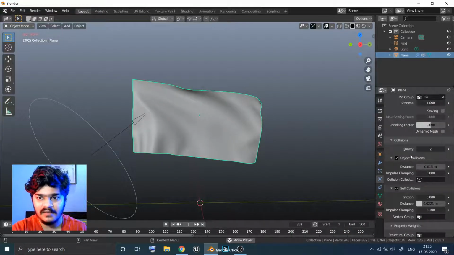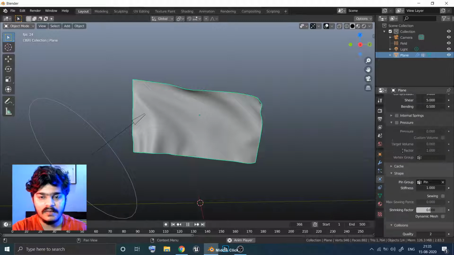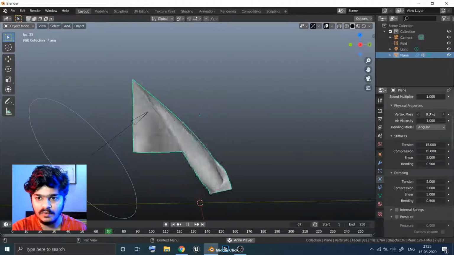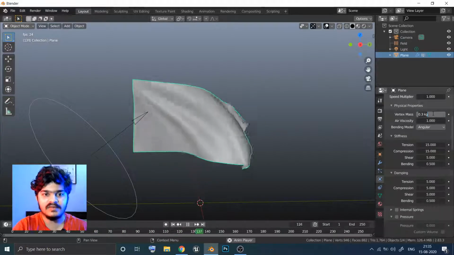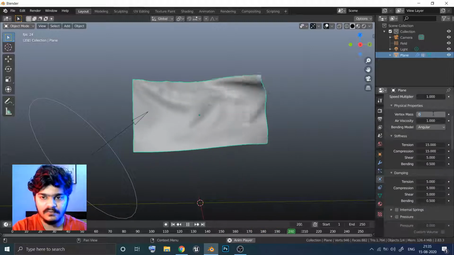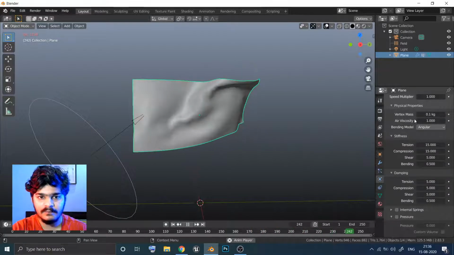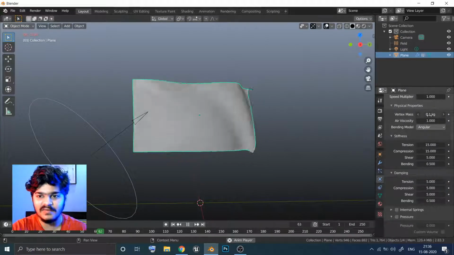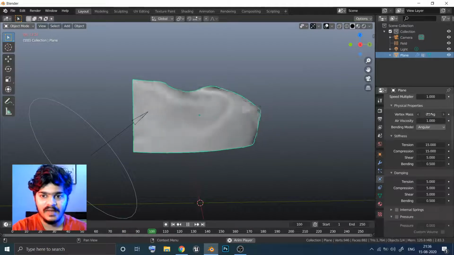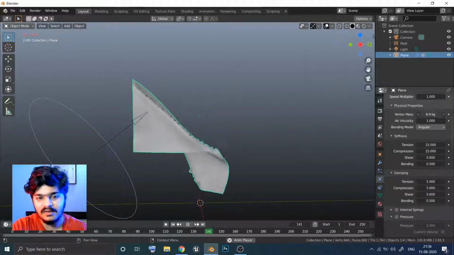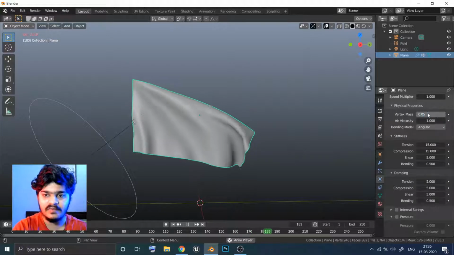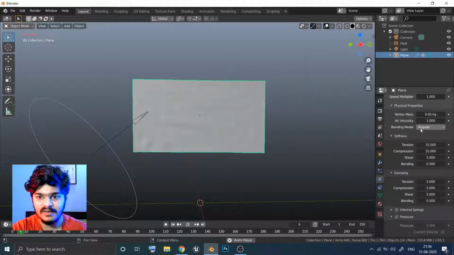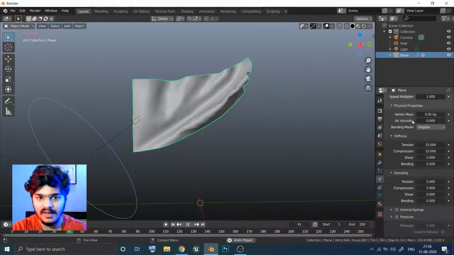For instance, the mass, let's just make it 250 again. If the mass of the vertex is low, then it will eventually flow more. So now when it is less, you can see it is not directly falling down, and it just starts waving right from there. At 0.5, it is now heavier, so it falls down. At 0.05, you can see it just starts flowing from there. Okay, it does not fall down, and this is what I wanted to show you.